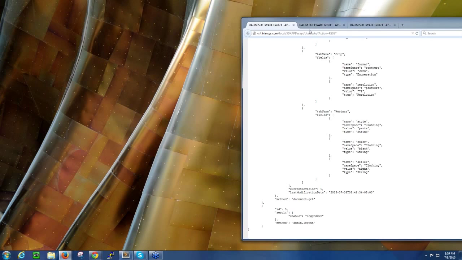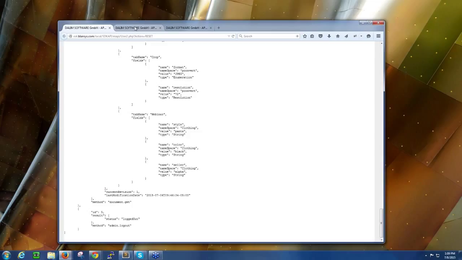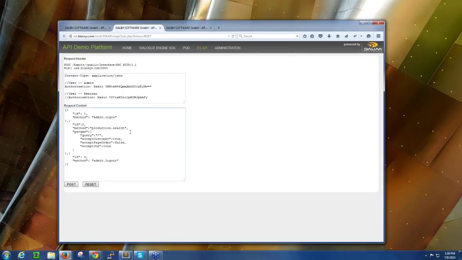This information is used to search things, as in our next example. For this method, we're using production.search. Production.search executes a Lucene search to retrieve objects from ES. Again, we're using the same admin login, logout, but the params in the production.search are a little bit different here. We're querying for everything this user has access to, as ES user permissions extend to the API. For our example, we want to only return customers and jobs. So we have used these params, accept customers set to true, and accept jobs set to true, while suppressing the